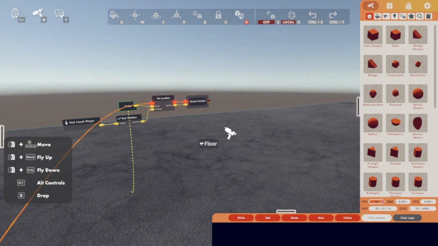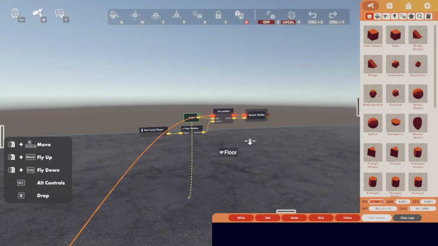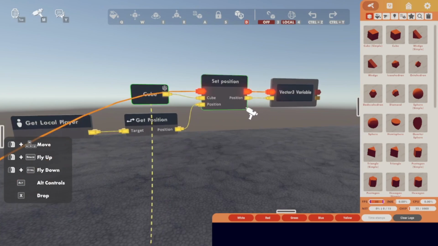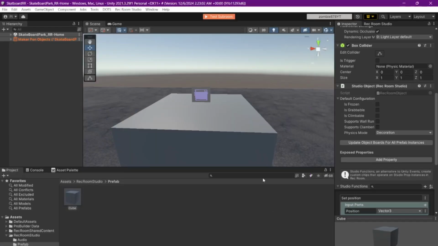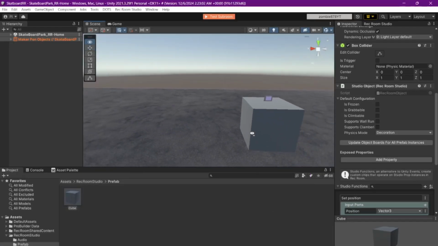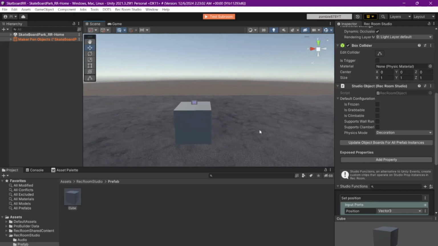How to make it so you can get a Rec Room Studio object to your position, and you can even get the output of the position and stuff like that. Okay, I'm gonna open up Rec Room Studio to end the video on this. Of course, before I go, I should probably say this. Make sure that you